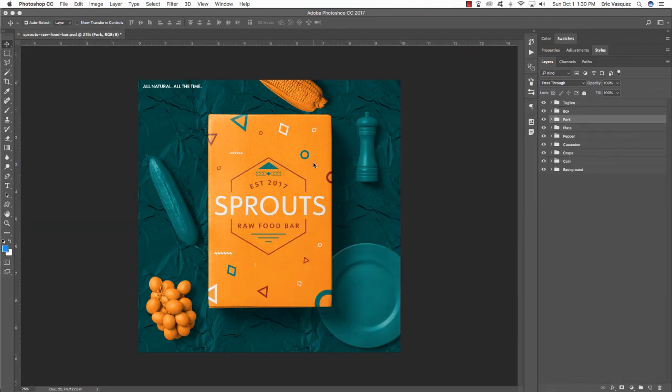Now let's go back to our freebie folder, open up the fork PSD, and this one I'm just going to bring in as is. So I just want this white fork here. And if you can't see it, remember, press Command T to do a free transform, and then kind of drag it down here to the bottom. And I'm going to hold the Shift key and just rotate this so it's going a long ways below the